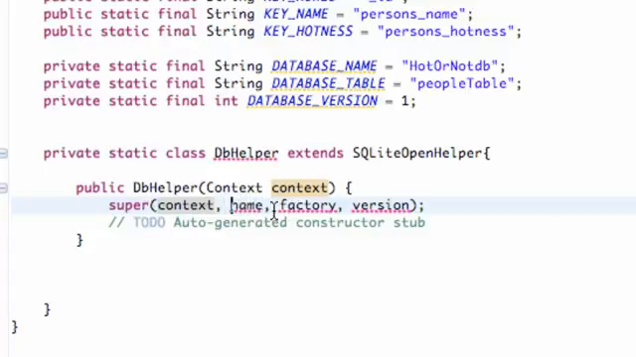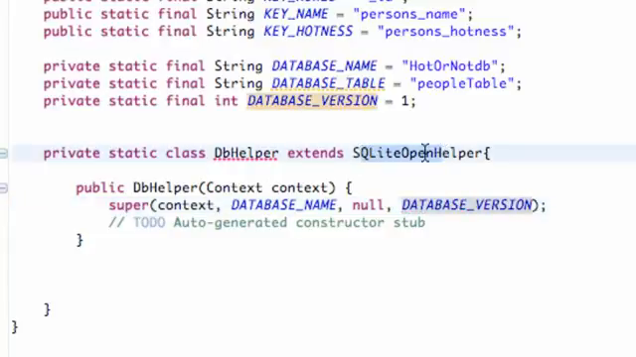So again, our name is our database name, which we called hot or not database, and the variable name is database underscore name. And again, for our factory, we're going to say null for the cursor, and the version, since we set up that variable up there as well, we're going to say database version. And that's just passing some information into our super class, because it wants some information, so we're going to